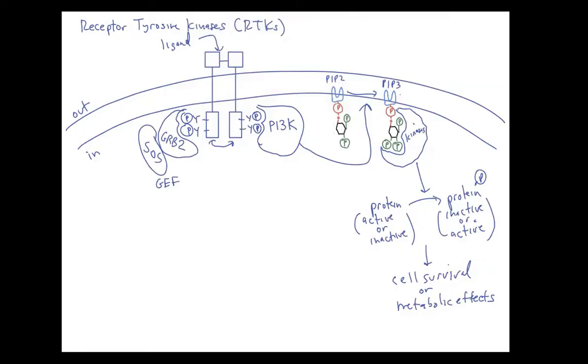There's going to be, in this case, a G protein, but it's not going to be a heterotrimeric G protein. It's going to be a monomeric G protein called RAS. And RAS is going to be sitting here bound to GDP in the inactivated state. And what the SOS is going to do is it's basically going to make the RAS bound to GTP. And that's what this GEF is going to do. And that RAS that's now been activated is going to function to turn on a whole signal transduction pathway, which